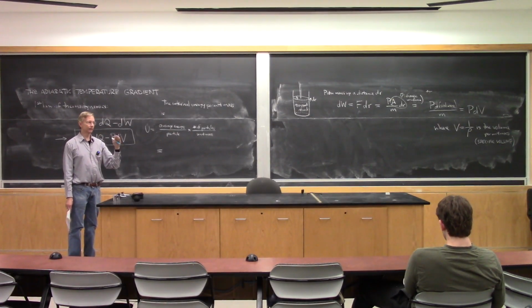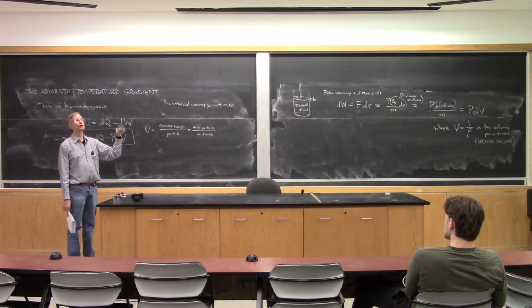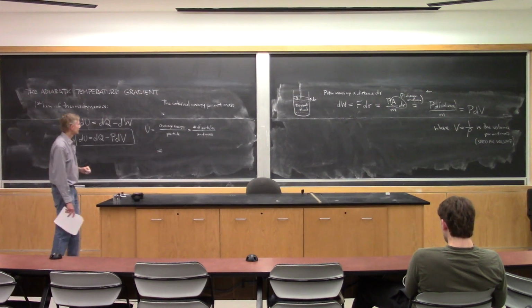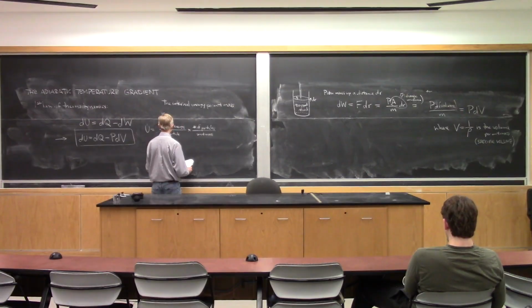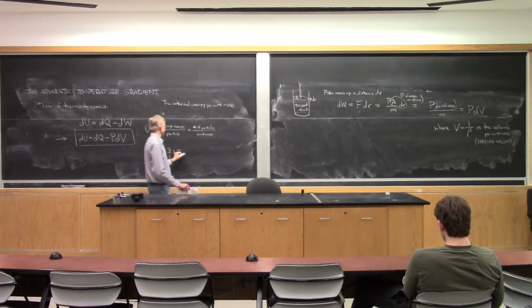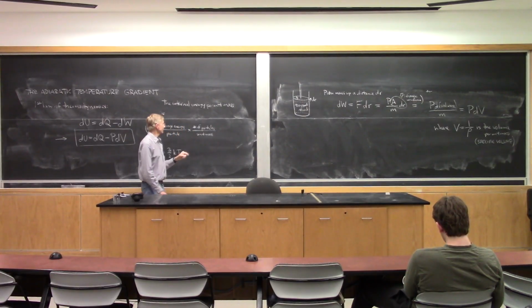V_RMS squared was 3kT over m, so 1/2 m V_RMS squared was 3/2 kT. So the average kinetic energy per particle is 3/2 kT from the so-called equipartition theorem, times